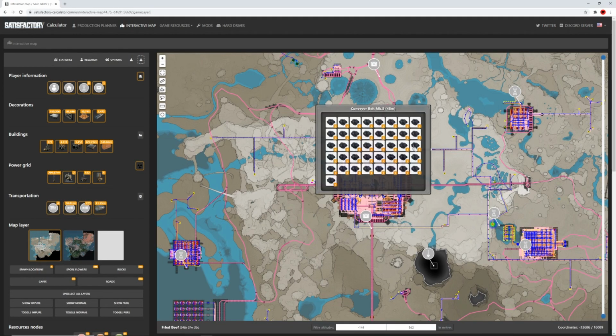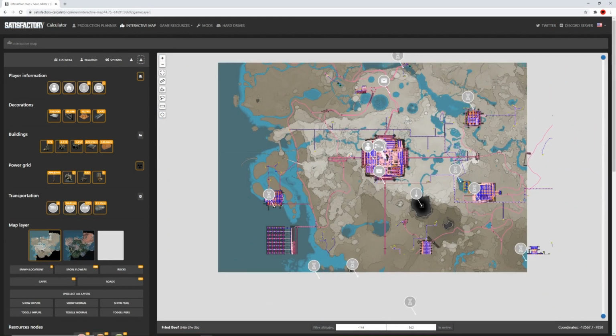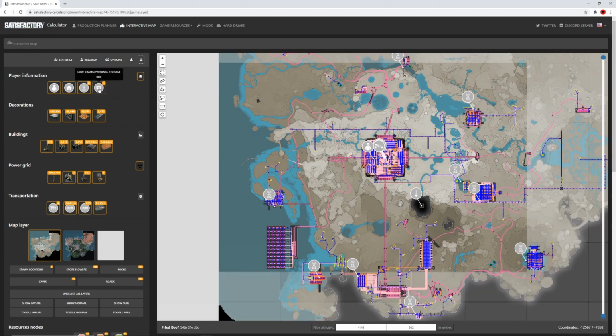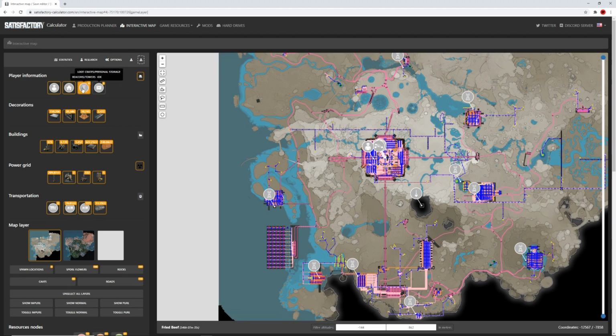So there's our main base in the center of the map there. I'll just get rid of these icons if I can, if it loads. Get rid of that, get rid of that. Alright, so